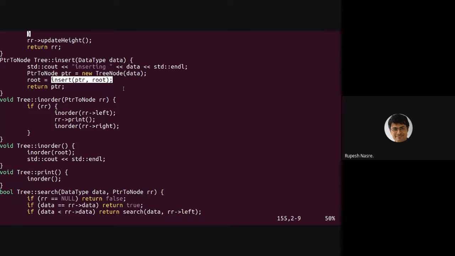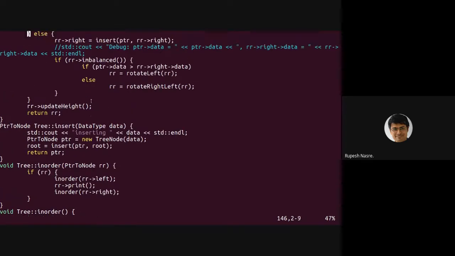happening. Right? Therefore, we need to have root update as the return value of insert, and that is very useful because the left and the right subtrees might also change when we do the rotations. Right? So our K2 was pointing to K1 as the child, and when there are rotations, K1 might become the parent, K2 might become its child, and therefore the root of this subtree might change, as we saw last time. So therefore returning the root of the subtree is going to be very useful.